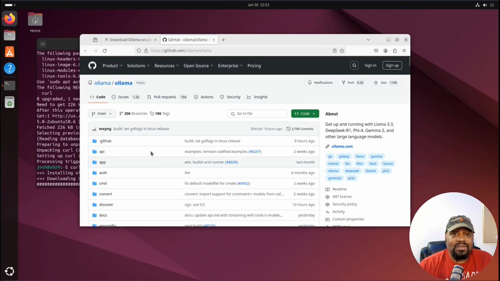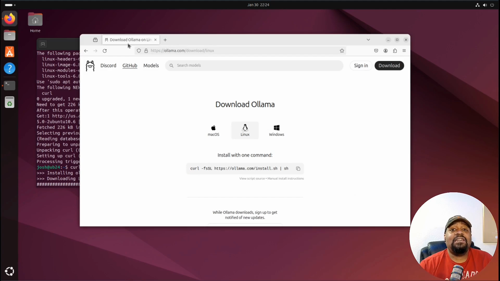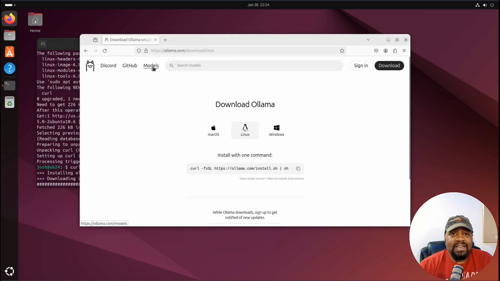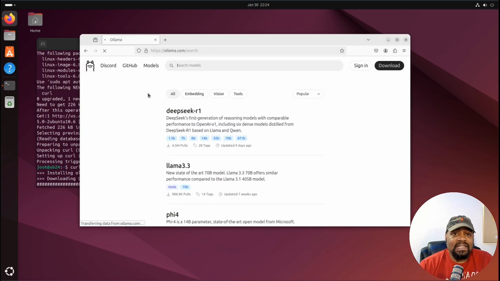But the one y'all want to see is DeepSeek. So let me show you guys how to get the model real fast while we're waiting for it to finish. It'll go through, like I said, and install. So just let it run, take its time, but this saves some time in the video. This is how you get to your models. You can see all your models, and right now it's set to popular. You can obviously change how you want to look at it. You can look at popular, or you can look at new, released, and then you can click on whichever one